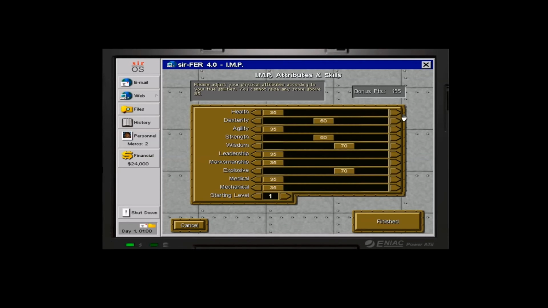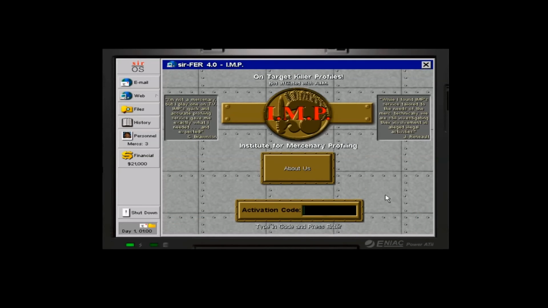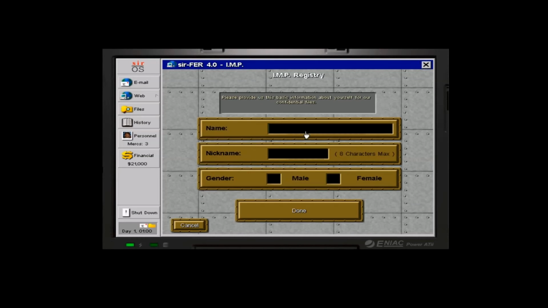Attributes. Health, it's amazing. Dexterity is okay. Agility will be a little higher. Strength, I want it all the way up. Explosives, all the way up. Mechanical can be pretty high as well. No medical experience though. Marksmanship needs a boost. Leadership will be kind of okay. And then we'll put him at level 2. That sounds good. Alright. And then for our final character, we will be making...